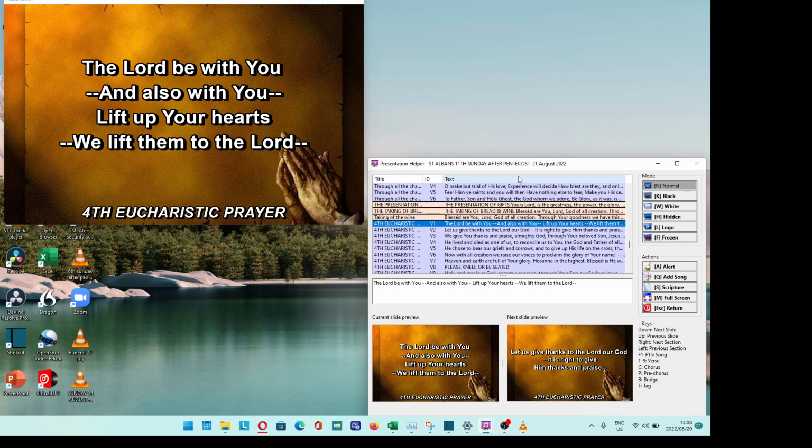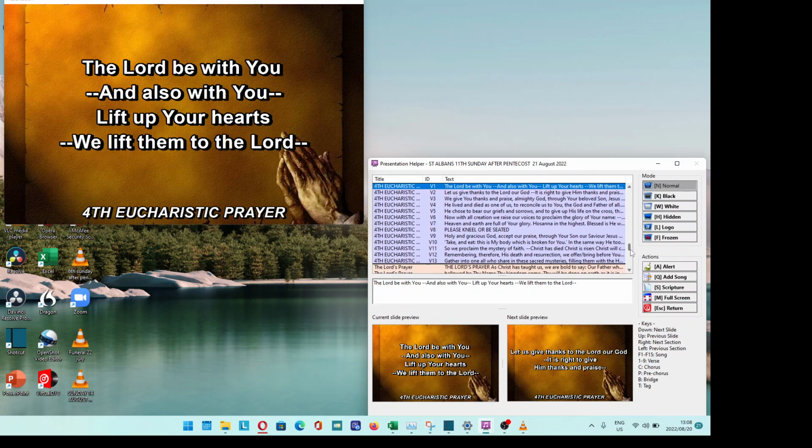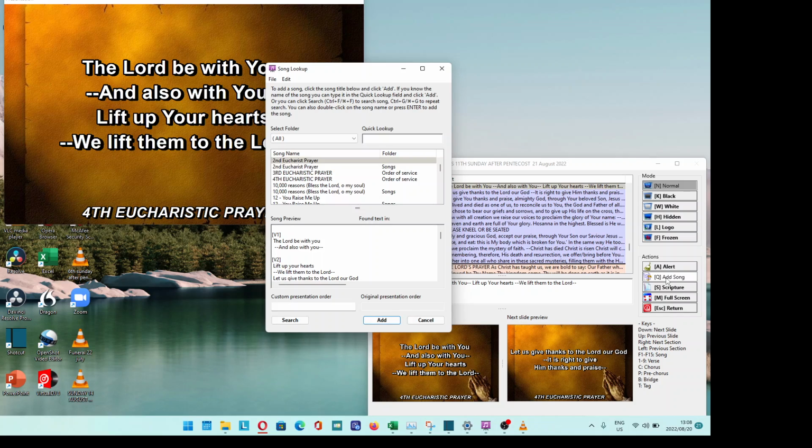Okay, so to continue, we are now going to show you how to add another song, which includes not only songs but the four Eucharistic prayers. So let's say we wish to add the third Eucharistic prayer. You click on Add Song, or the Q, which is this section over here, and that will open up an additional window. And remember, this will be a lot faster when I'm not busy recording it. And you see there is the third Eucharistic prayer, or you can type it out,